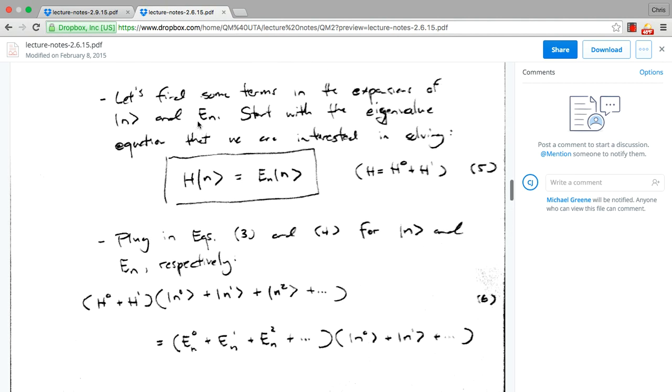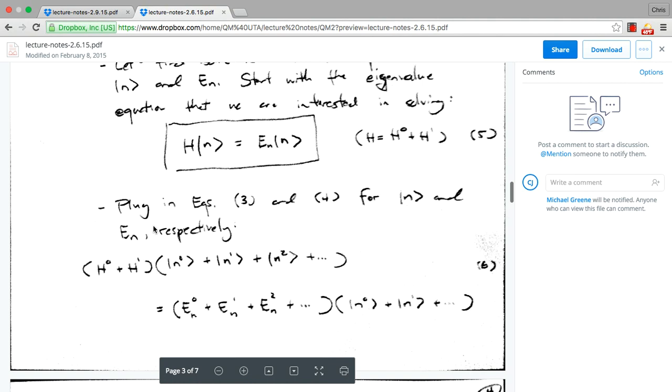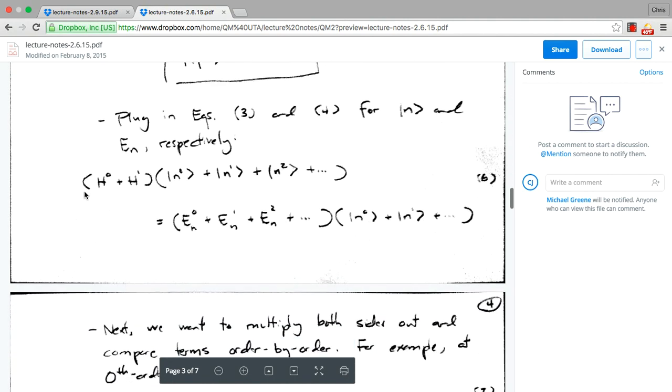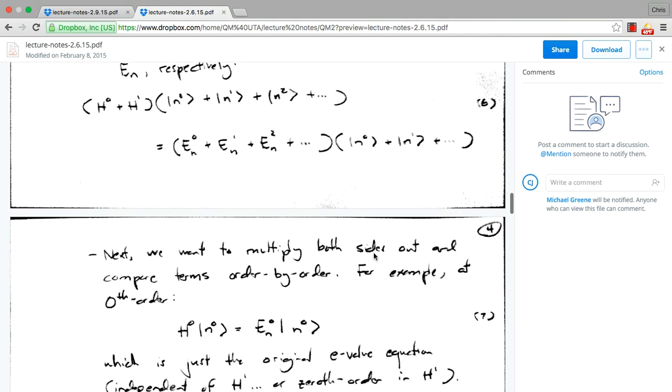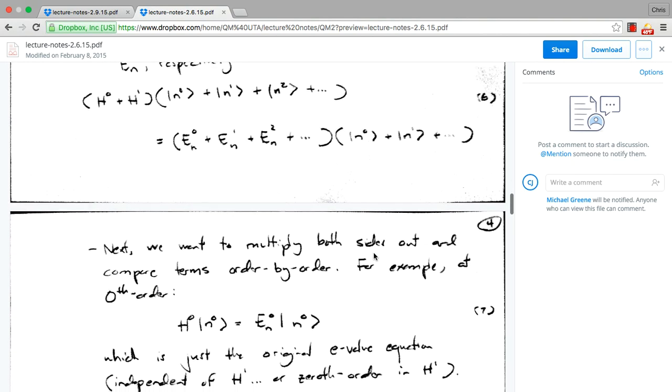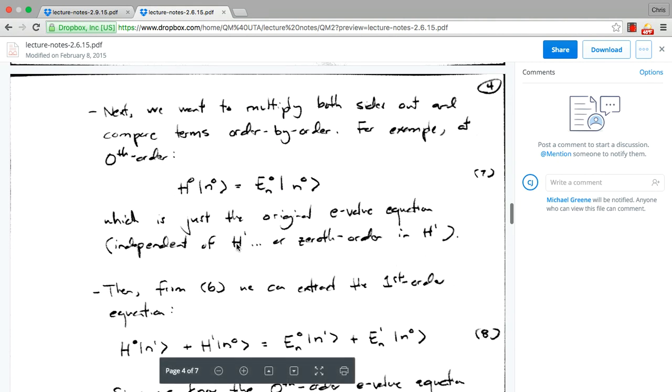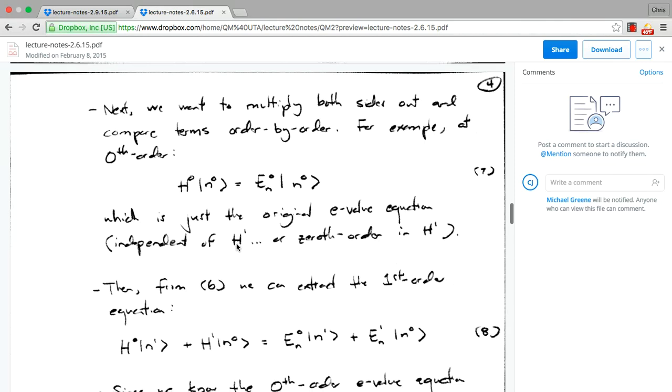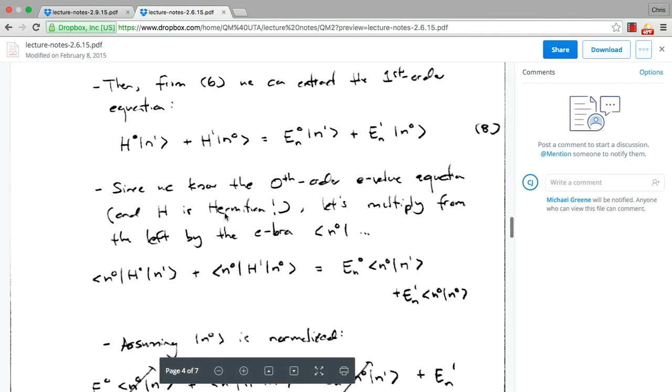Right. So what do we do? We started out with the general problem. So we're assuming that there are some solutions, some eigenkets of this full Hamiltonian, and the eigenvalue takes the normal form, right? So what we did last time was we plugged in our form of the Hamiltonian, which is the simple plus the small piece, and then we plugged in our perturbative expansions and multiplied everything out and matched powers of the perturbation, right? And at zeroth order, we got back out our simple eigenvalue equation. And at first order, we had to